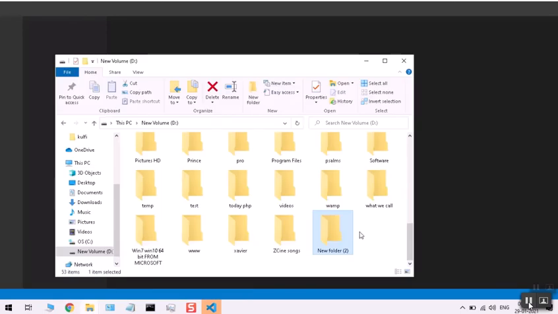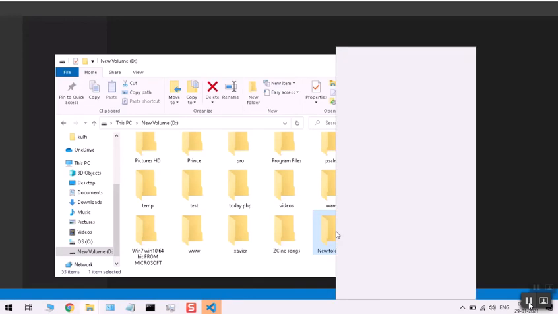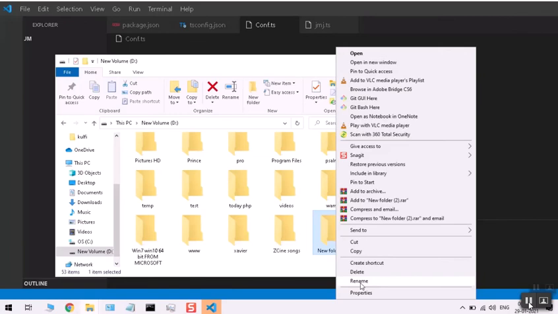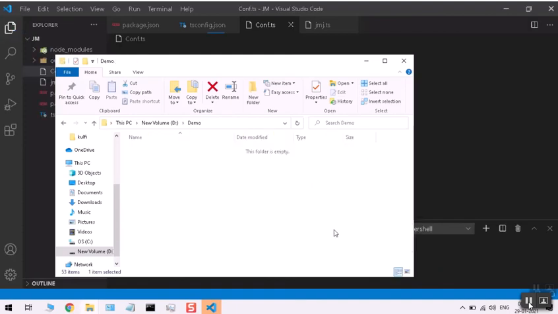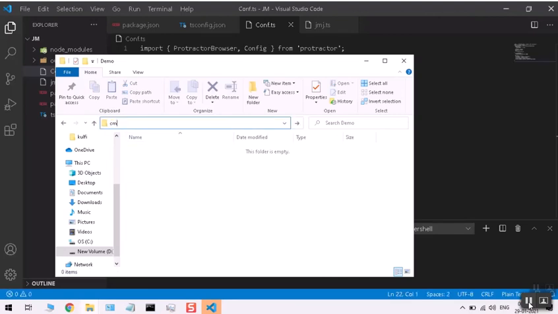So let's rename the folder which we have created just now. Let's give the name as Demo. Then let's open the folder, then select the path of the folder. Then let's type cmd, then hit the enter key.